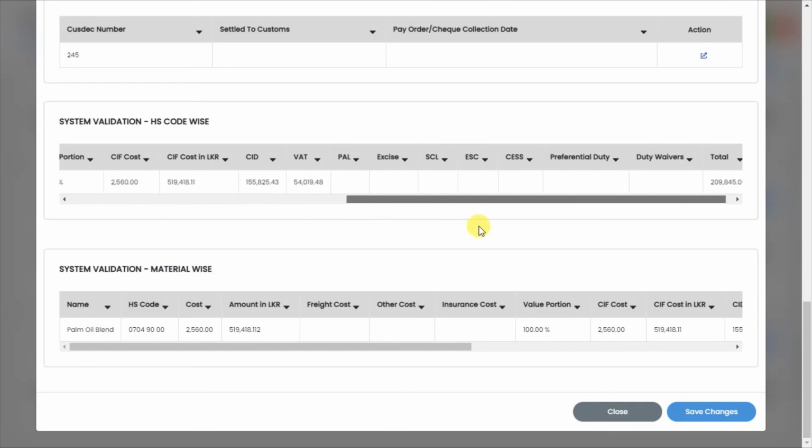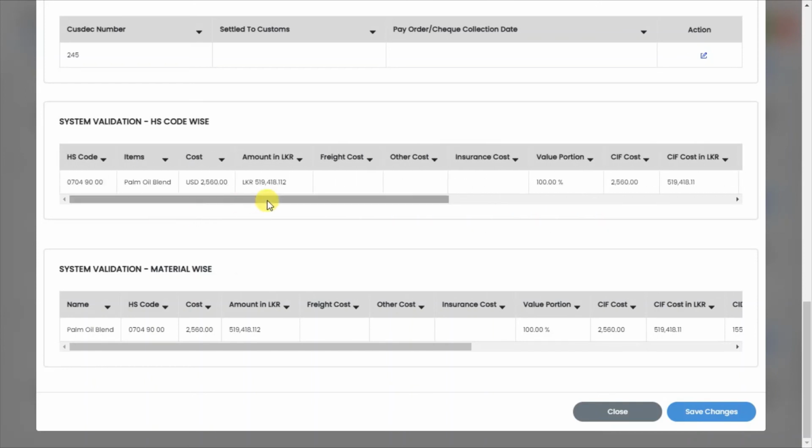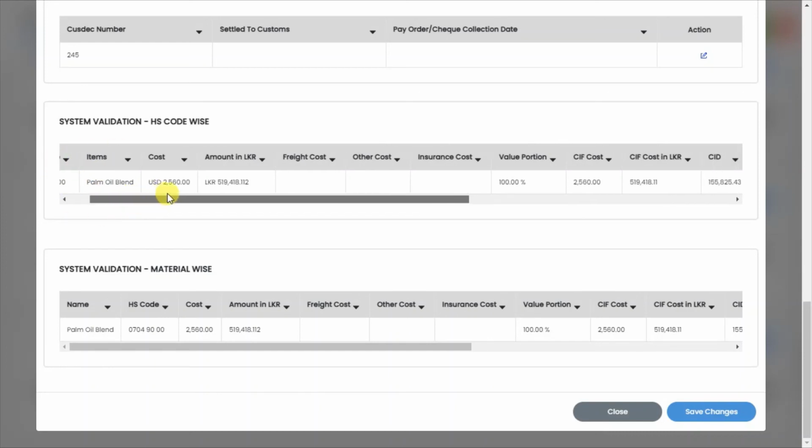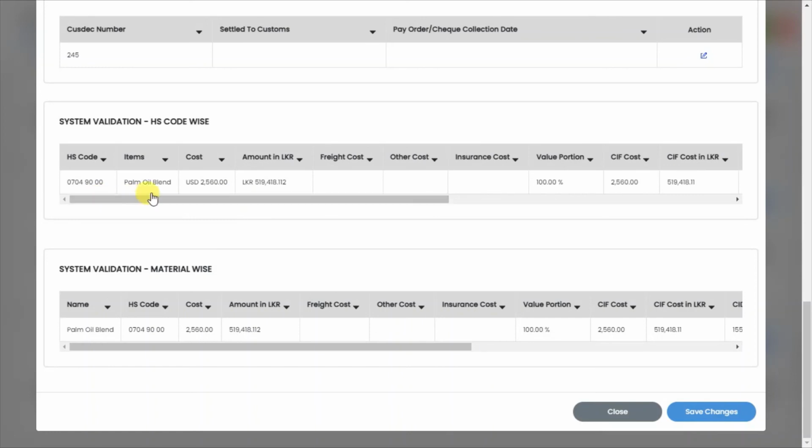That means if you are importing multiple items that are relevant to the same HS code in the same shipment, you will be able to see the amount that you are paying for this shipment for one commodity, and if there are materials relevant to multiple commodities, it will list them down here HS wise.